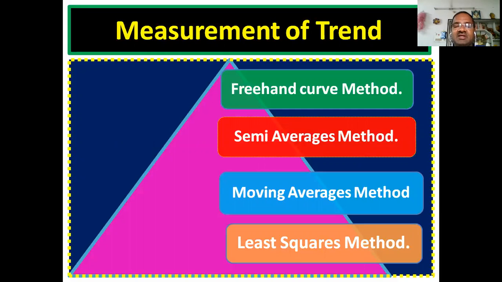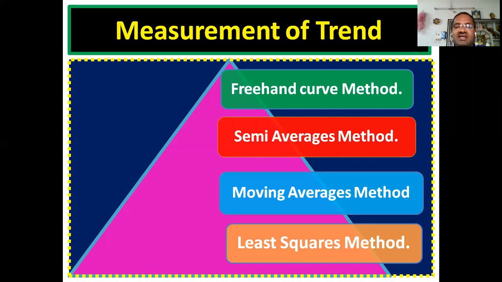And the third method, when you compare it with the first two methods, is a little more comprehensive and rational too. In the moving averages method, instead of taking only two averages as we discussed in the semi-averages method, here we consider all the variables into account to measure the trend values, so the moving averages may be computed either in given years, in odd form or even form.